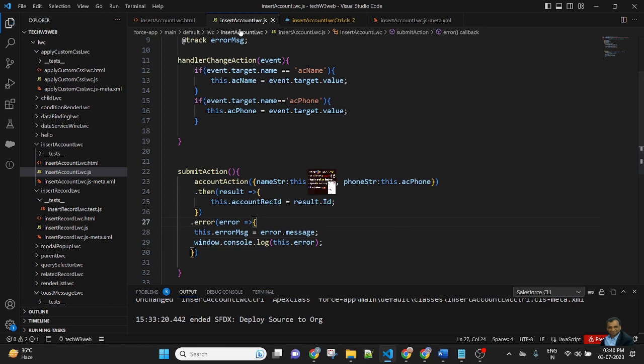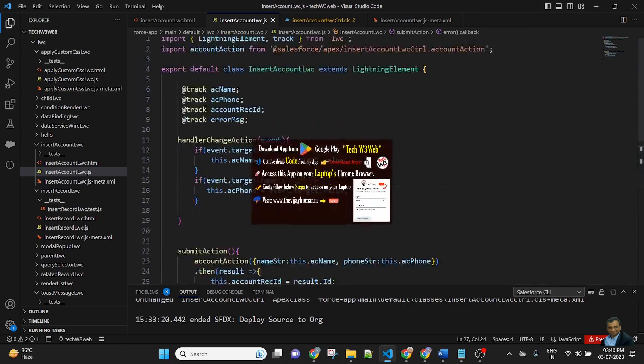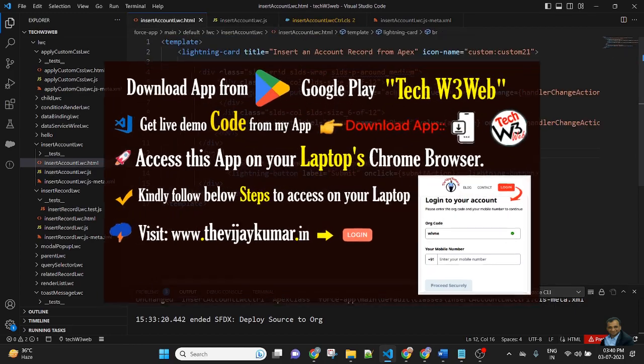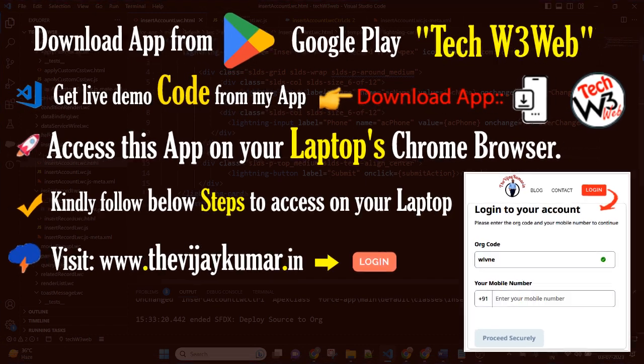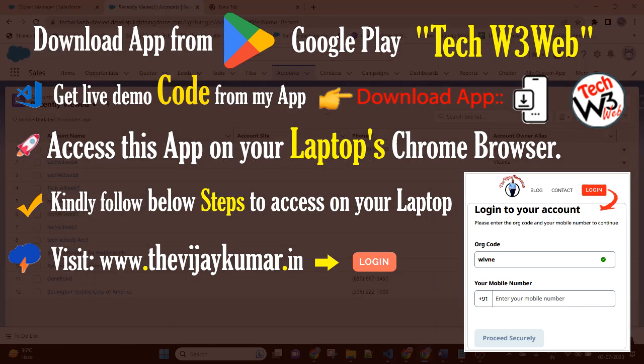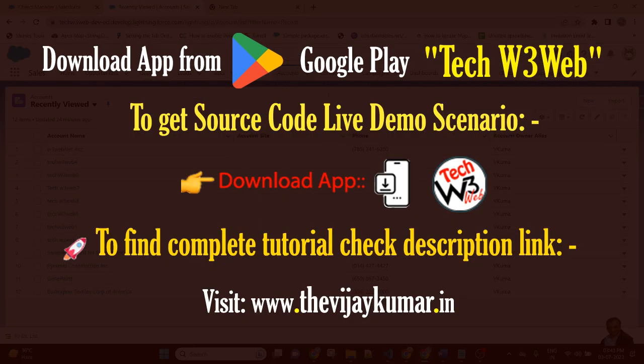So I created the JavaScript, I created the HTML. Now I'm going to deploy the code. Code has been deployed successfully. Now this component will be called into Salesforce.